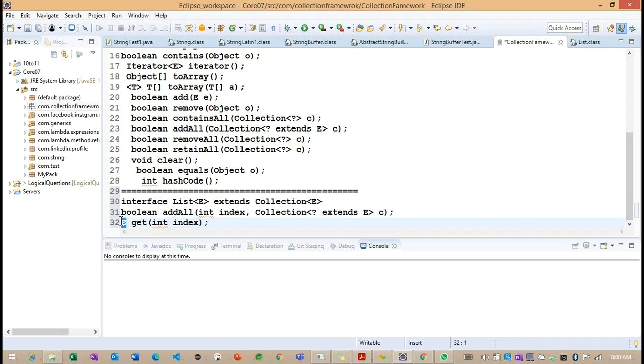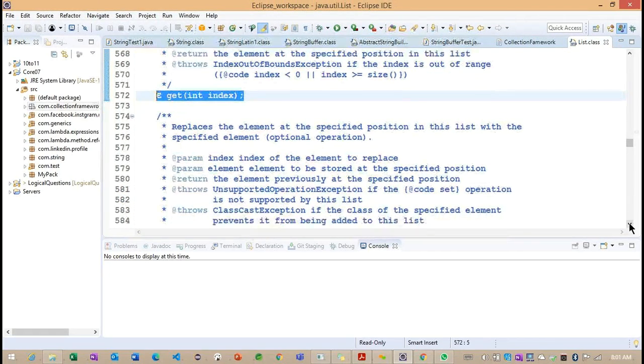Because before discussing this collection, we understood the generic concepts here, so it is easy to understand the purpose of each method and how it is implemented here. Okay, back to the get method. The purpose here is that we provide the position value and we get an object. So we specify the position value, we get an object here. This is the purpose of this get method.